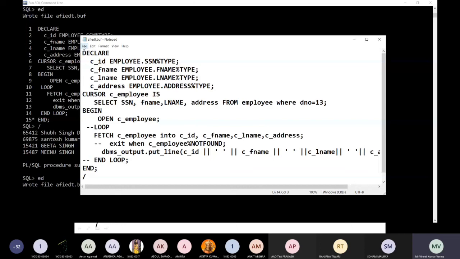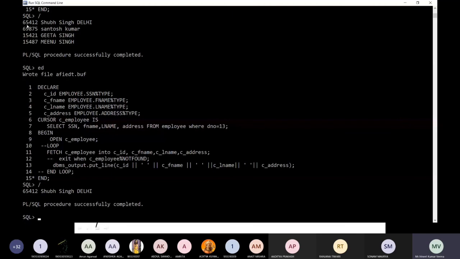क्योंकि लूप नहीं लगा है तो जो हमारे पास पहला इंफॉर्मेशन था, ठीक है, 65412, right, that information will be printed because there is no loop. So using the cursor you can create the next information and so on, right? So this is all over for the cursor in today's lecture.